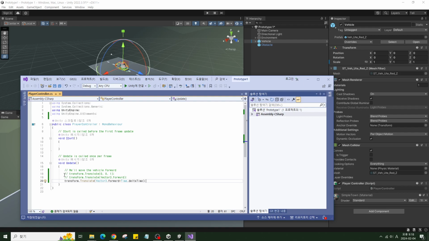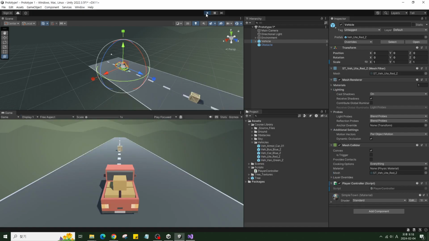I forgot to save again. Okay, so back in the player controller, just make sure you save, Control or Command S. That way it always updates the script in Unity. So now, when I press play, we should see our vehicle moving, albeit very slowly, but because of that little